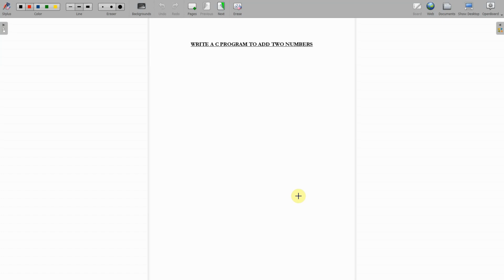Before writing any program in any programming language, before developing any code, the first thing is you have to do the analysis of the program. When you do the analysis, you will easily understand how and why we are writing the code. In the analysis, the first step is you have to understand the program.